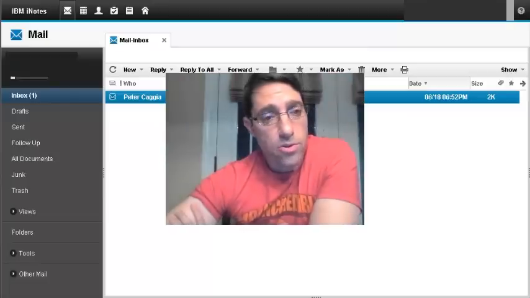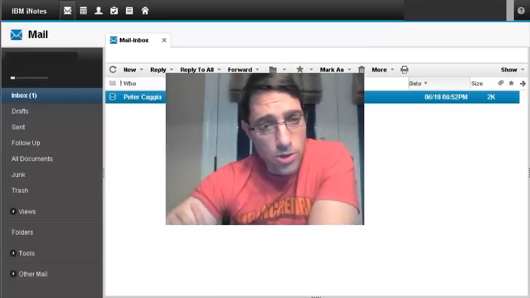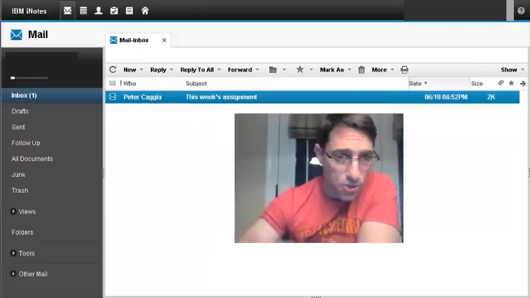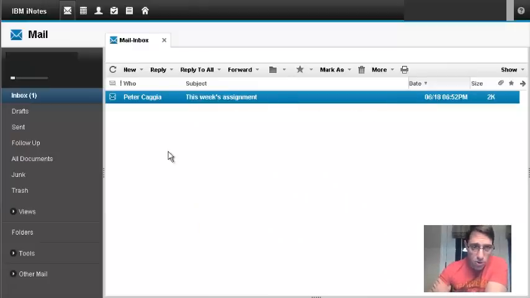Okay, Spartan, so now you're in your Lotus Notes email, and I'm going to show you some of the basic features of getting around and receiving and sending messages. So once you log in, this is going to be your inbox here, this large white space. All your messages will list in there with the most recent at the top, just like other email you may